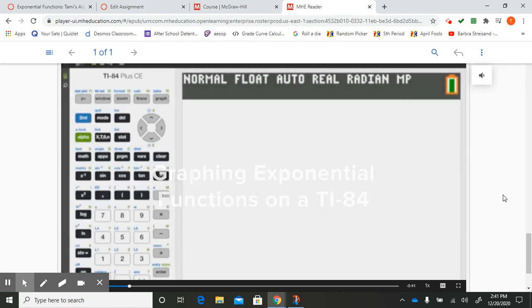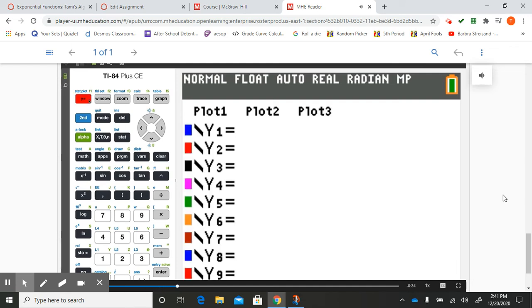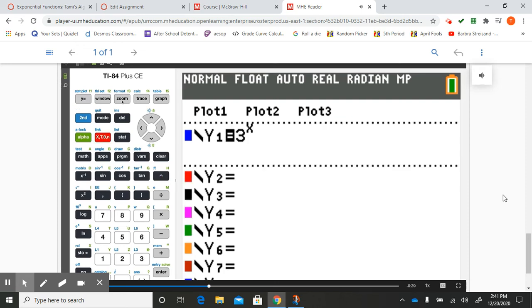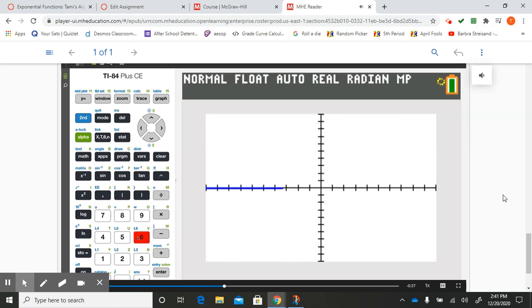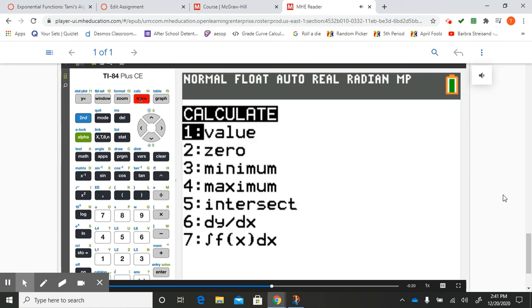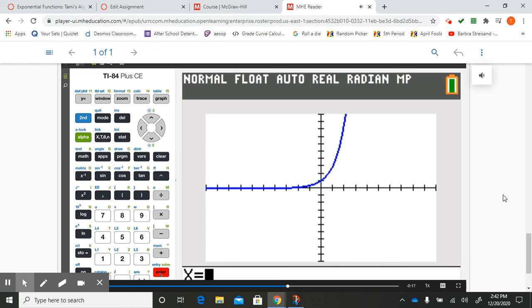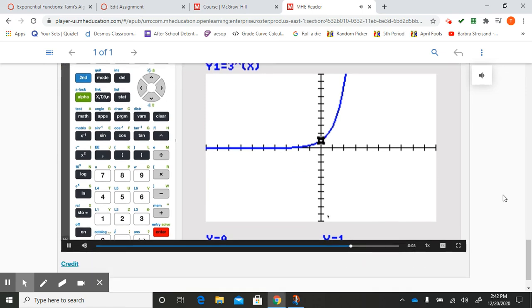You can graph exponential functions on a graphing calculator. Enter the function in the Y equals list and graph the function in the standard viewing window. To find the y-intercept, press second and then trace to access the top menu. Select the value feature. Enter 0 for x and press enter. The value of the y-intercept is shown at the bottom. You can visually